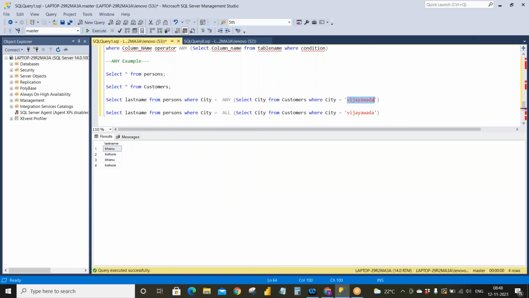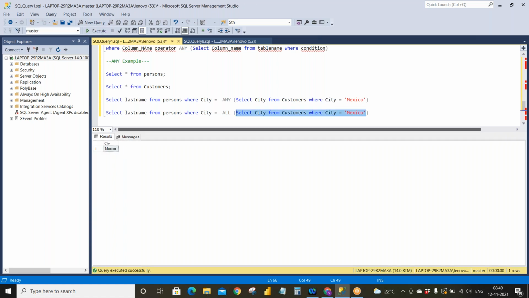So I'll use some other data which is not available. But here the data will get retrieved. Let's see, we have a city called Mexico.